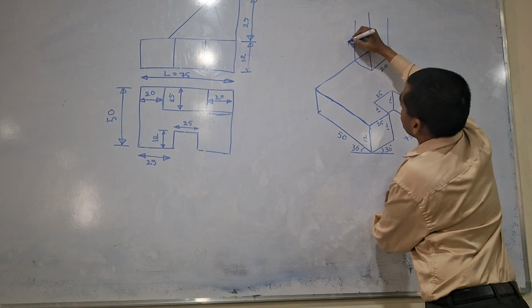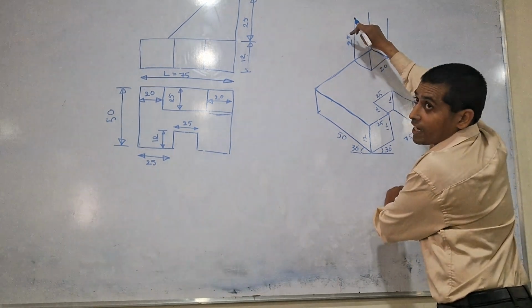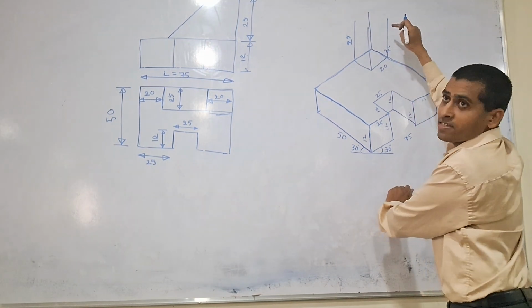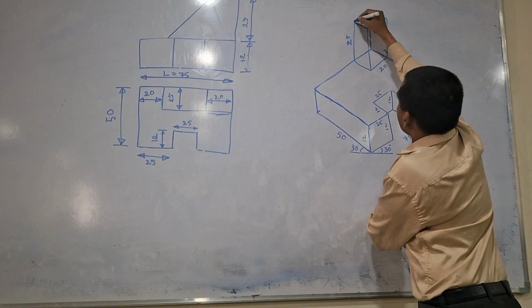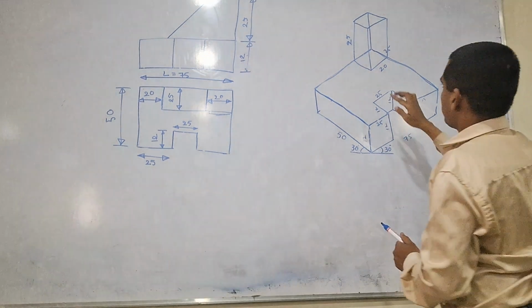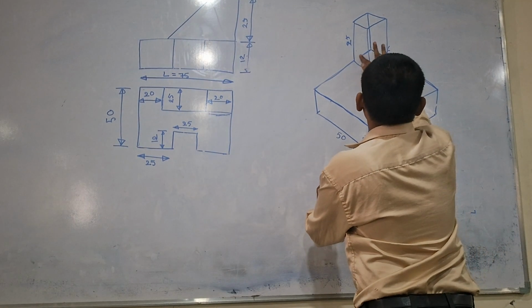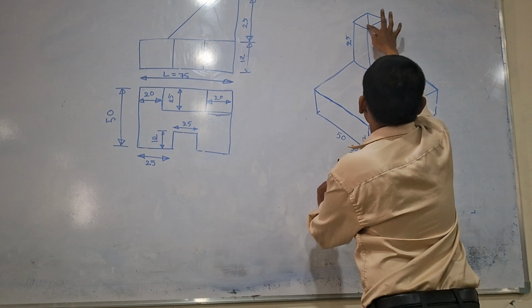I have drawn with 25 height, with this length 25 height. Okay, now I have drawn these lines. Then join them at the ends. Is it clear? Understood now? Now this box we got it. So I am erasing this one. These are not visible, so not required. So I am erasing this portion.